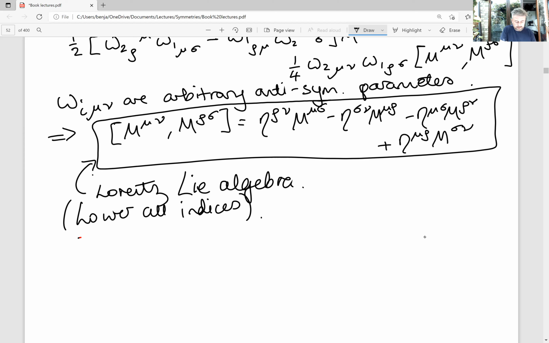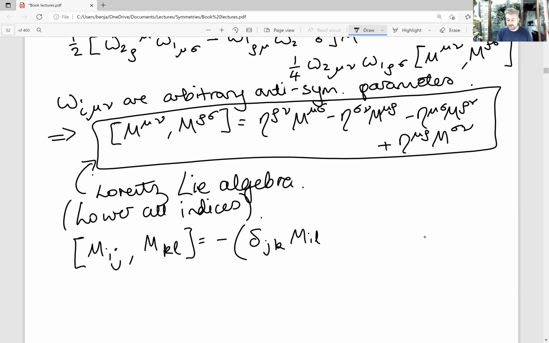So I'm just going to write down the Lie algebra again with the Roman indices, which range from 1 to 3. And now the metric becomes minus delta in the space indices. So we get a minus delta jk